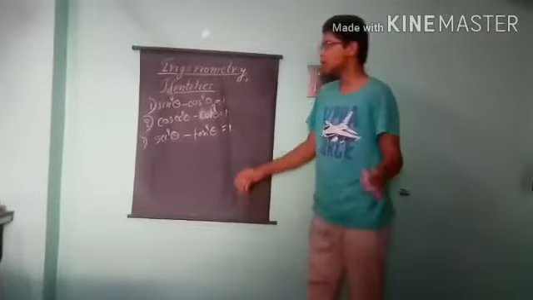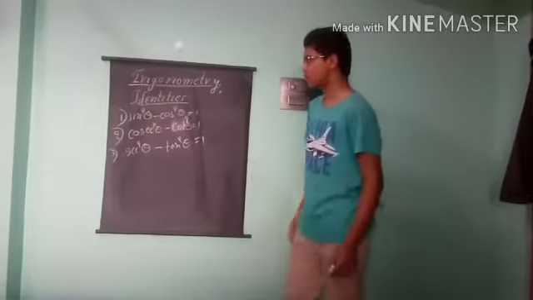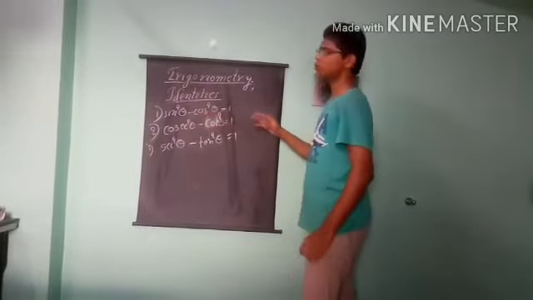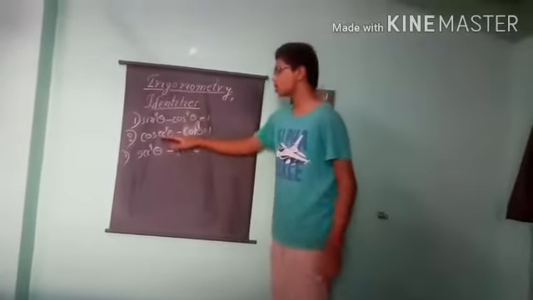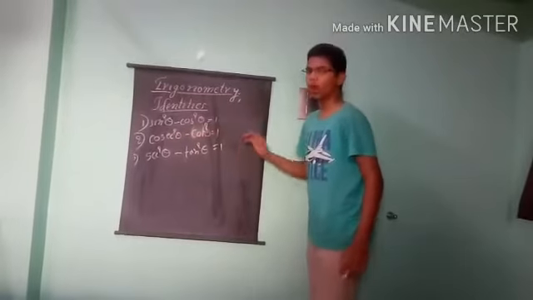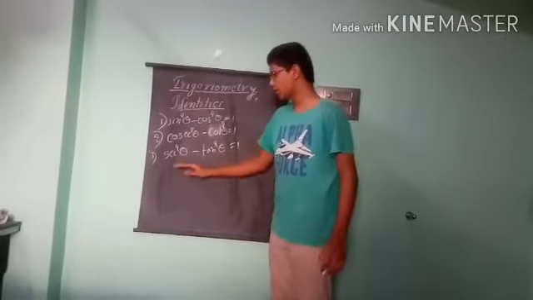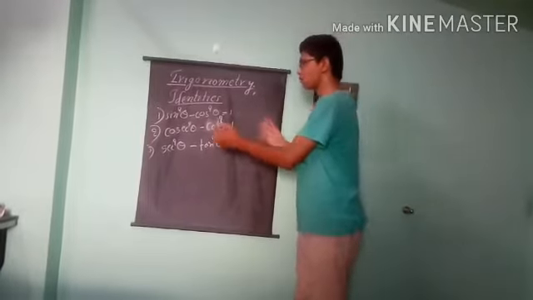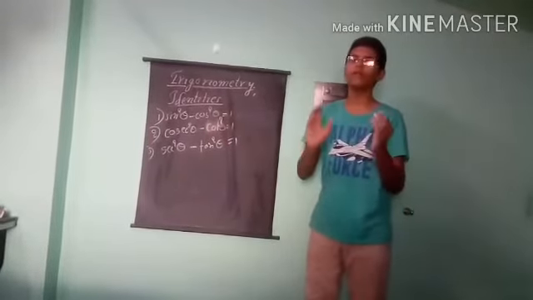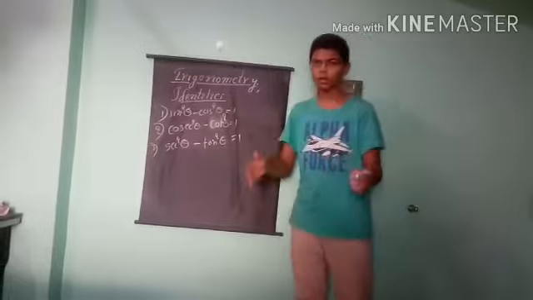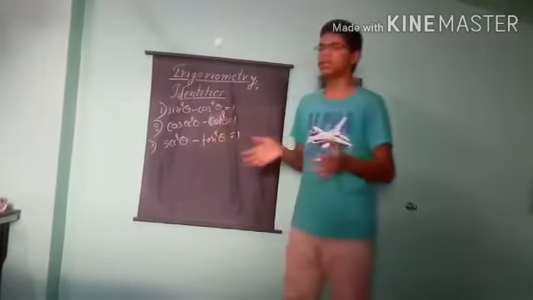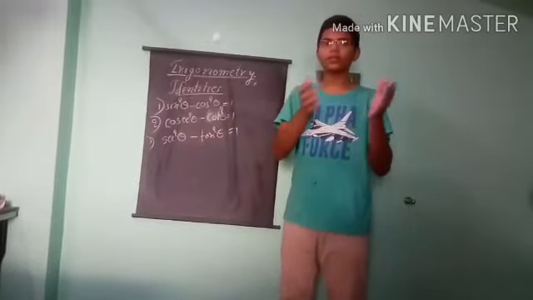Now we discuss trigonometric identities. There are three trigonometric identities. That is sin square theta plus cos square theta equals 1. Another one is cosecant square theta minus cot square theta equals 1. Another one is secant square theta minus tan square theta equals 1. These three trigonometric identities have shortcut forms of these trigonometric functions, and they can be used in trigonometric problems.